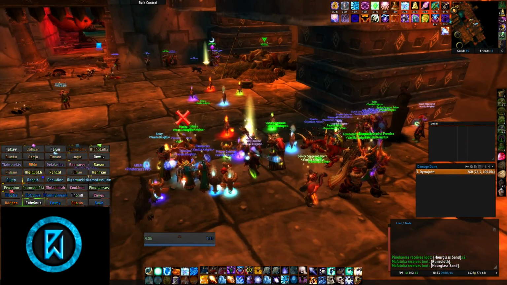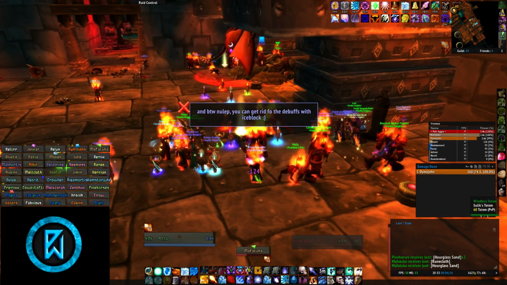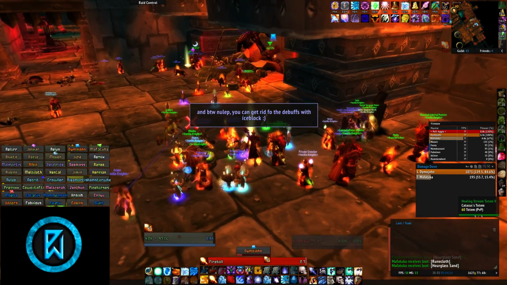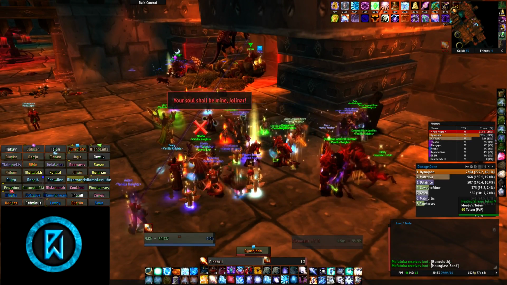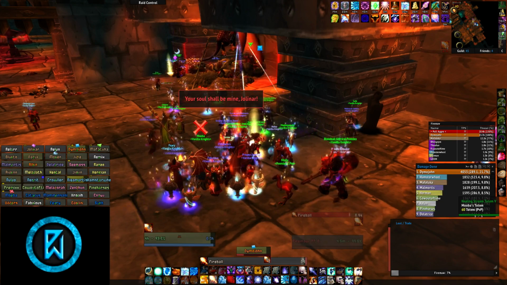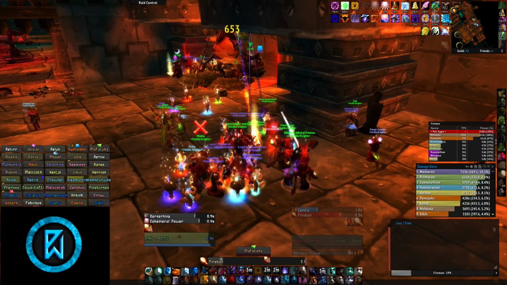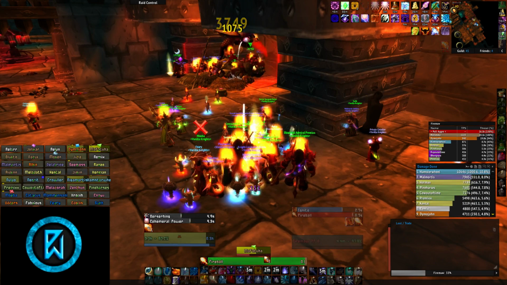Next up we have the fourth boss in Blackwing Lair, which is Firemaw. Firemaw, just like the other two drakes we're about to encounter, is considered a loot piñata, and for a good reason. They're easy to kill and don't require a whole lot of tactics. There are some things to keep in mind though for Firemaw. First off, he will put a debuff on you called Flame Buffet. This debuff will stack up, and with every stack you will